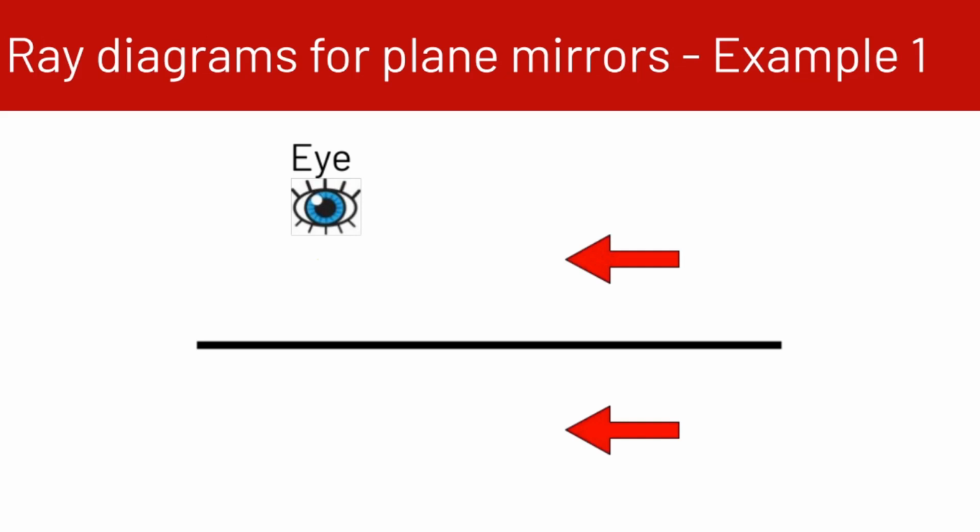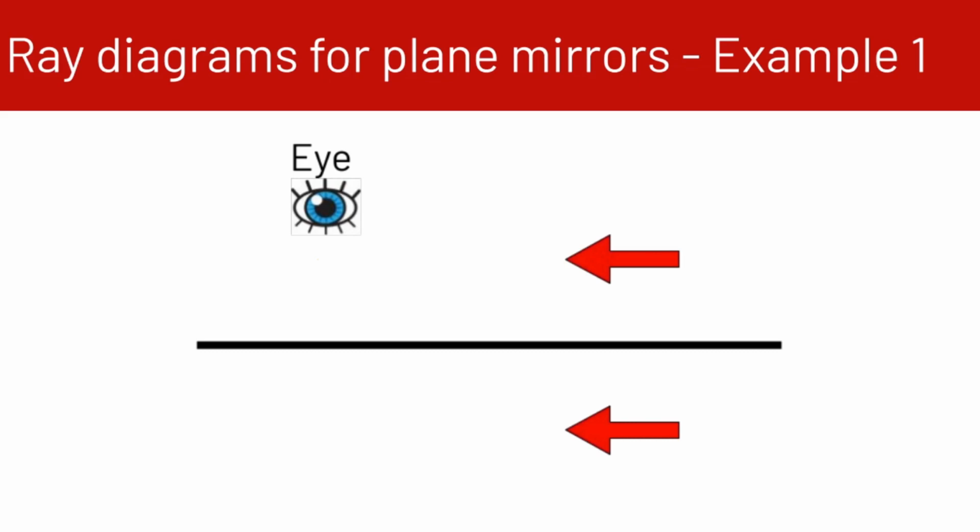All right, now we're going to look at some examples on how to draw ray diagrams for plane mirrors. A ray diagram gives us the opportunity to see where the image for an object is going to be in relation to where a person is that's seeing the object in the mirror. So you can tell how much of an object you're able to see in a mirror depending on where a person is related to the object. And it's very helpful to just be able to determine where things are going to be located in mirrors.